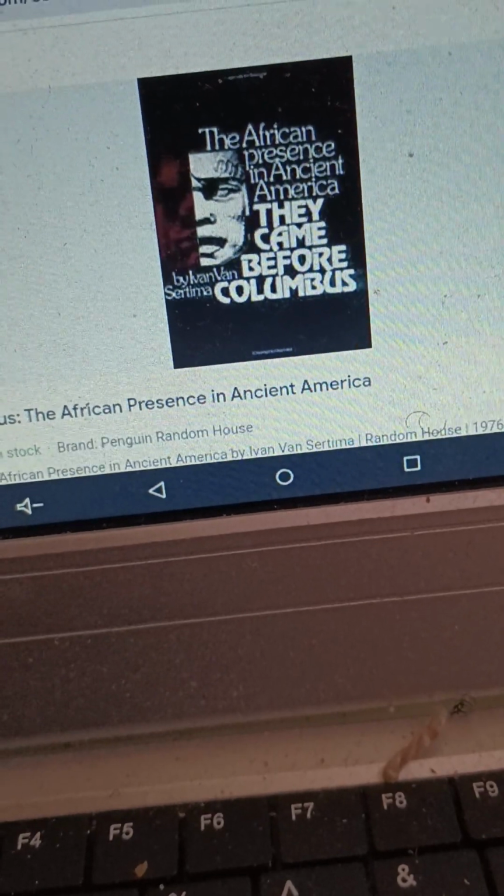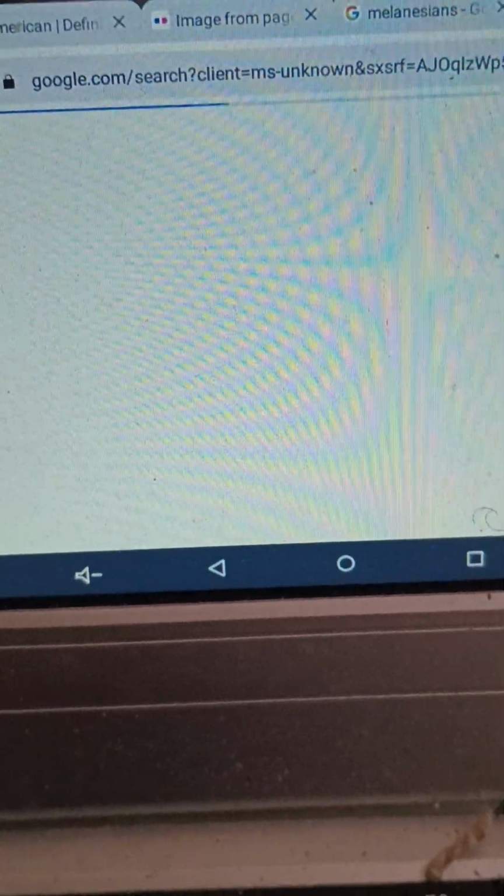But another source that is used, and they simply use pictures, not so much any text,